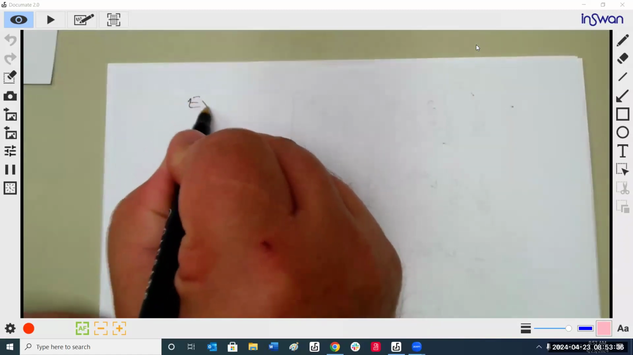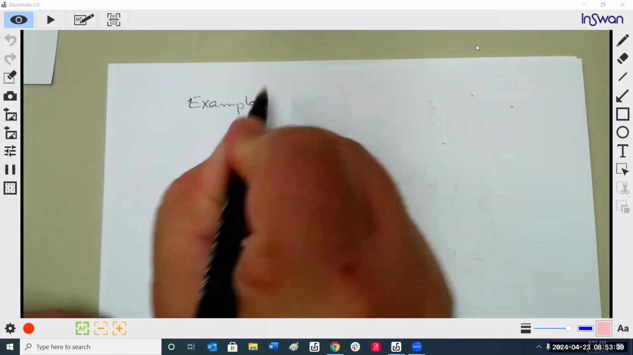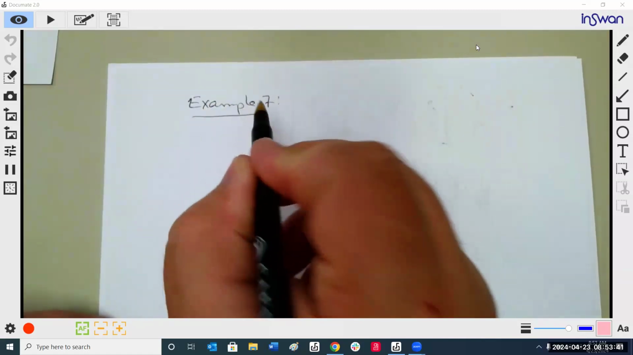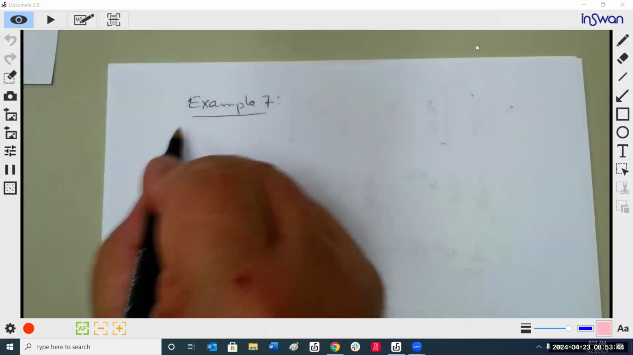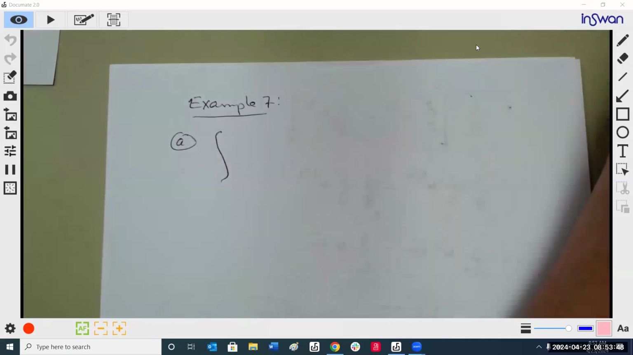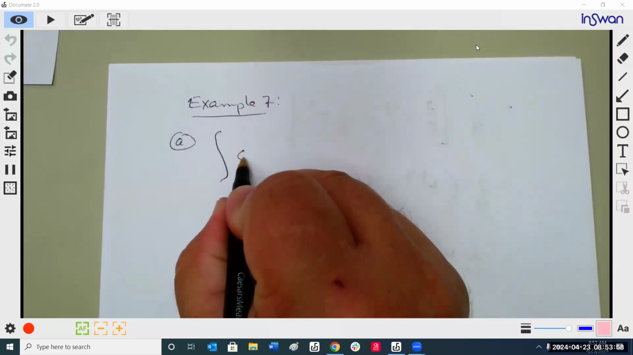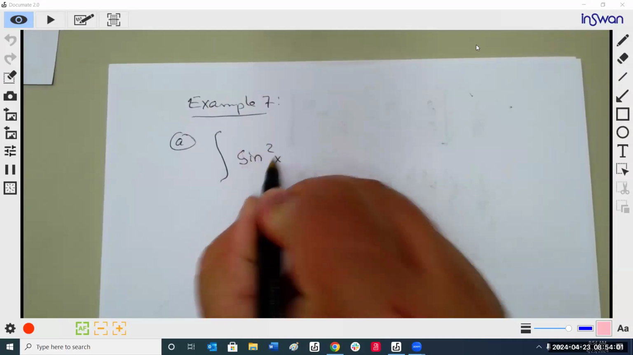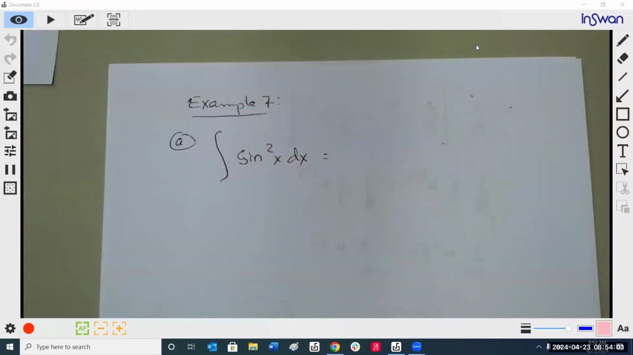Example 7. We have 3 questions here. A, sometimes we can use trigonometric identities to transform integrals we do not know how to evaluate into ones we can evaluate. In other words, sine squared x dx. Do we know the integral of sine squared x? No. So using an identity,